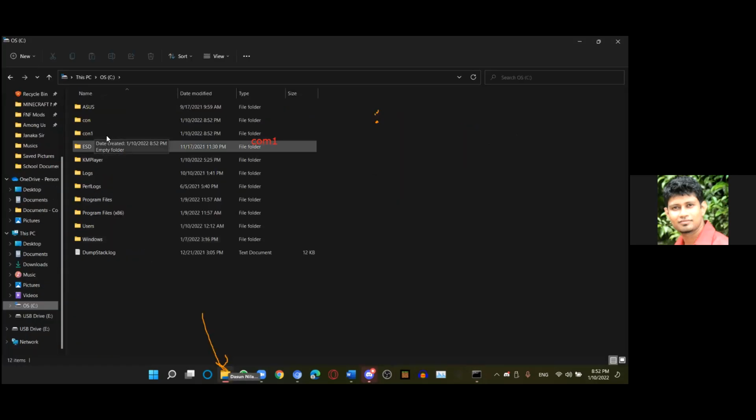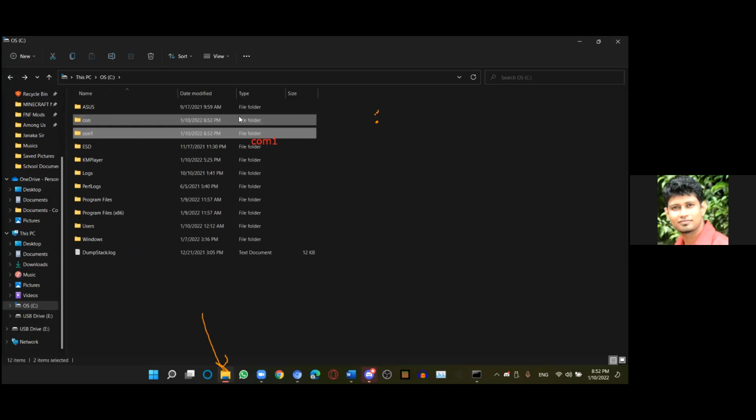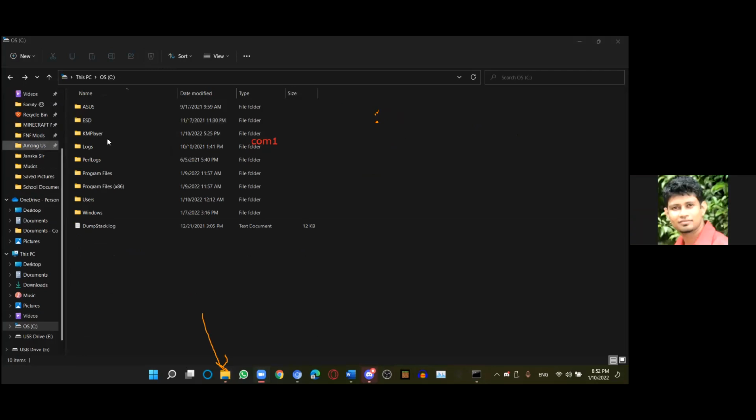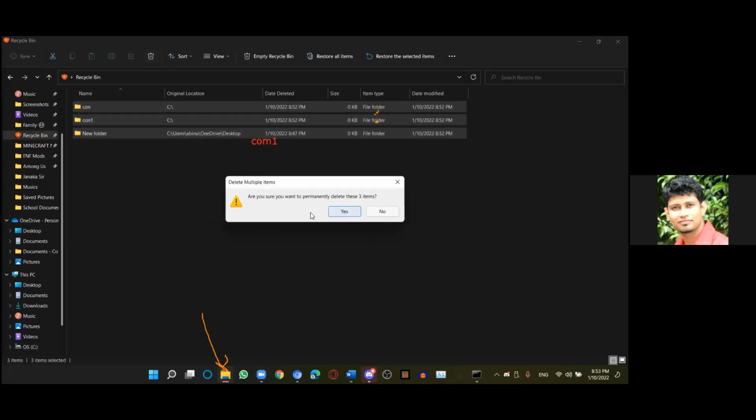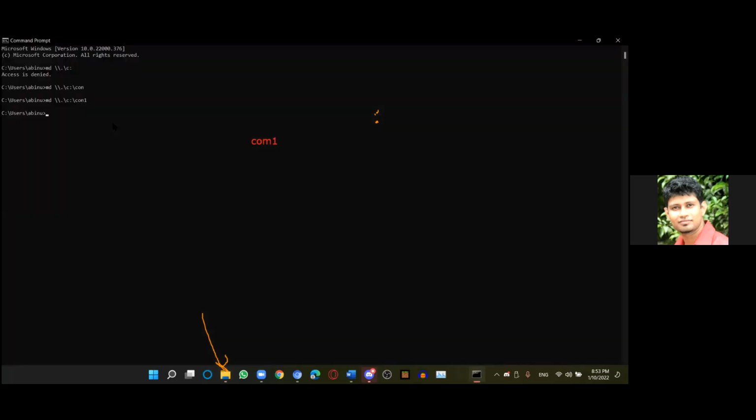Now yes, you can see this con and com1. Can you delete that? Can you try to delete that? Possible, right? What just happened? Earlier days when I tried to delete, it was not possible. Now I think at least it can be deleted. But earlier it was not possible to even delete that. Com1, but it's possible, right? It's possible. There are ways. So those are also called Easter eggs.